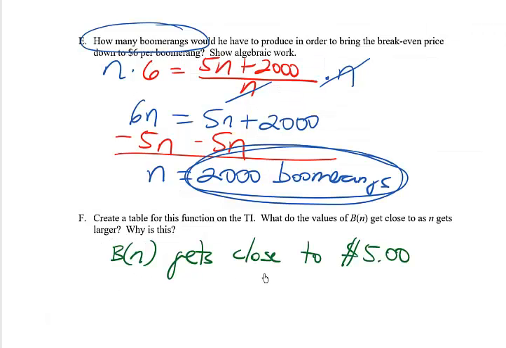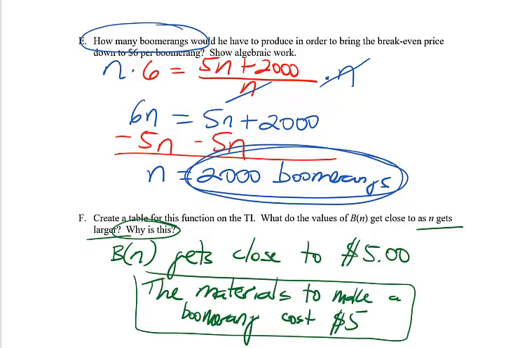So we're going to say B of n gets close to $5 as that n number gets larger. The more boomerangs I make, I can reduce the cost, but never, ever lower than $5. Why is this? Because just to make a boomerang, the materials cost me $5. We'll continue this problem in the next video and talk about how we can now make a